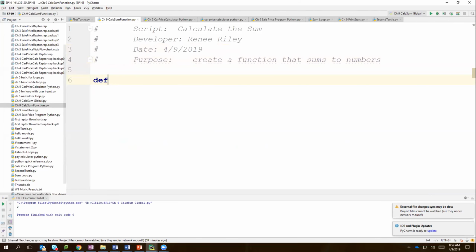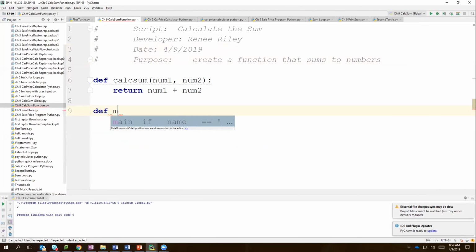So I want to define that function. We're going to call our function calc sum, and we're going to say it needs 2 numbers, num1 and num2. We can actually just use our return keyword and say we just want to return the sum of those 2 numbers. Now this is what I mean by saying that sometimes in our beginning programs, it seems ridiculous to have these functions. It's not doing much, but it's very, very logical because now we've got this separated out and we don't have to worry about it